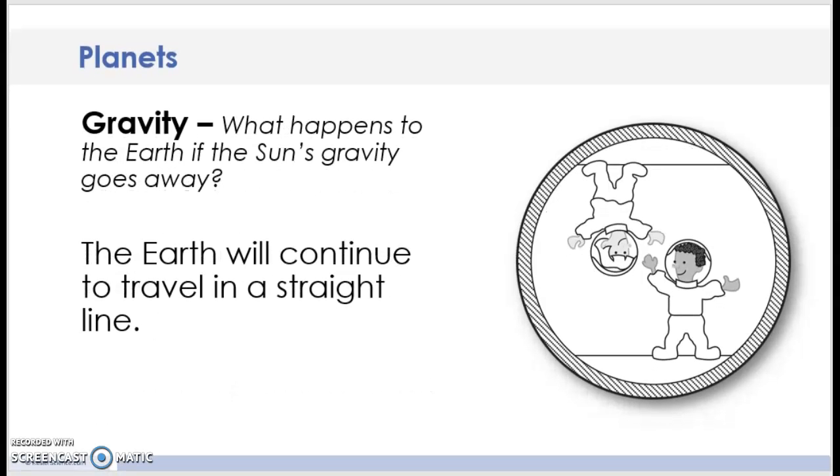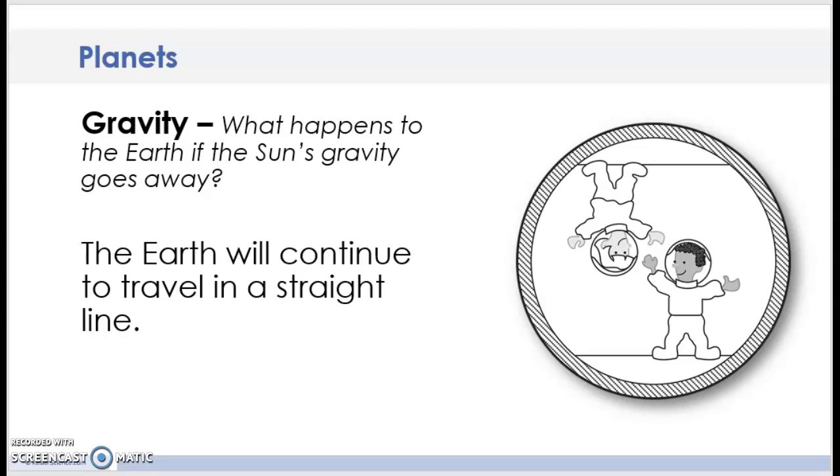What happens to the earth if the sun's gravity goes away? Okay, so a lot of people say, oh, we'd blow up, or we'd freeze to death. Well, that might be the case. But if we're just talking about gravity, let's say everything stays the same and we could actually function without our sun. Okay? If the sun's gravity was to let go of the earth, as we orbit around the sun, we're